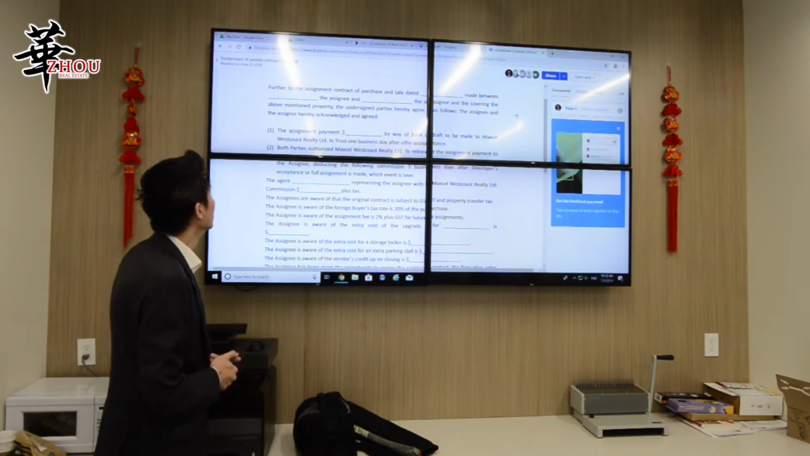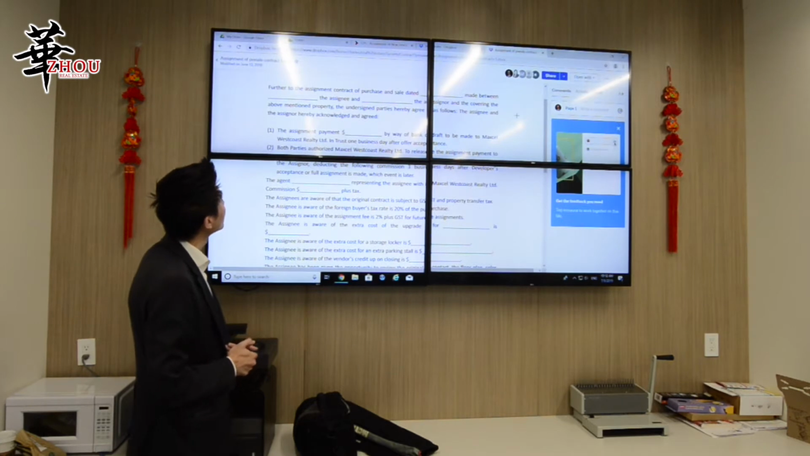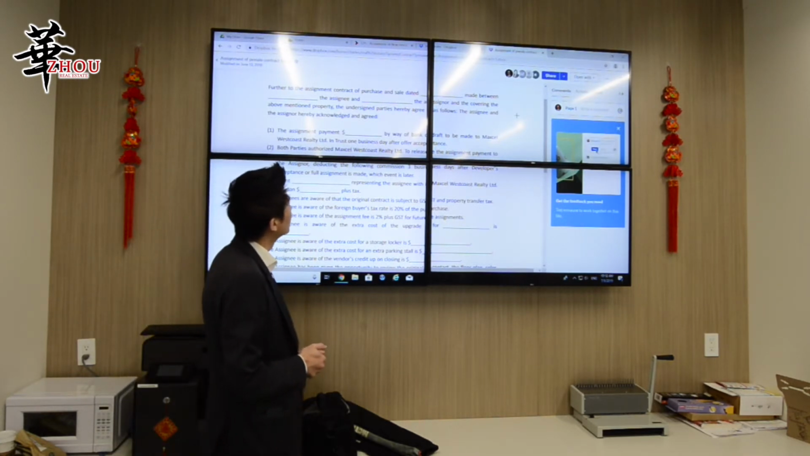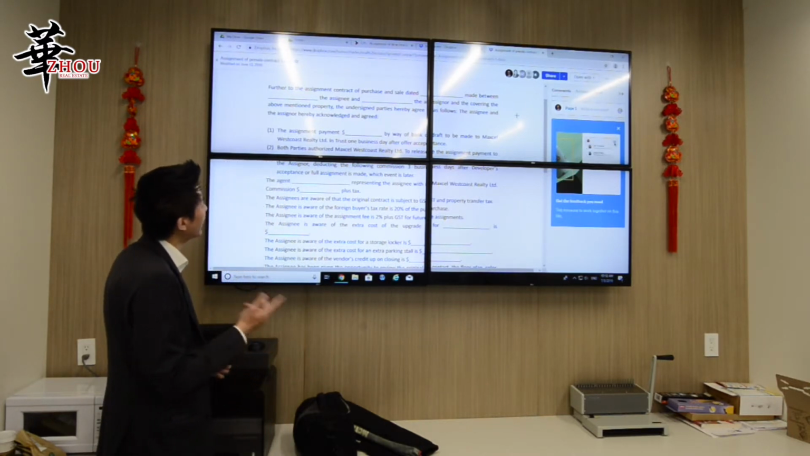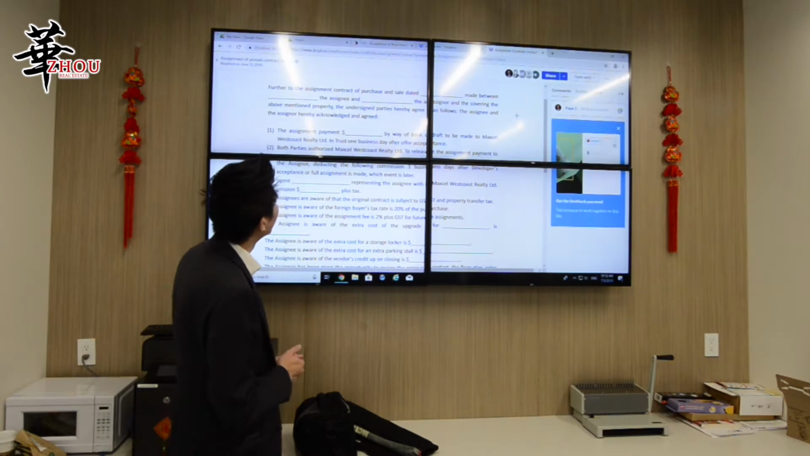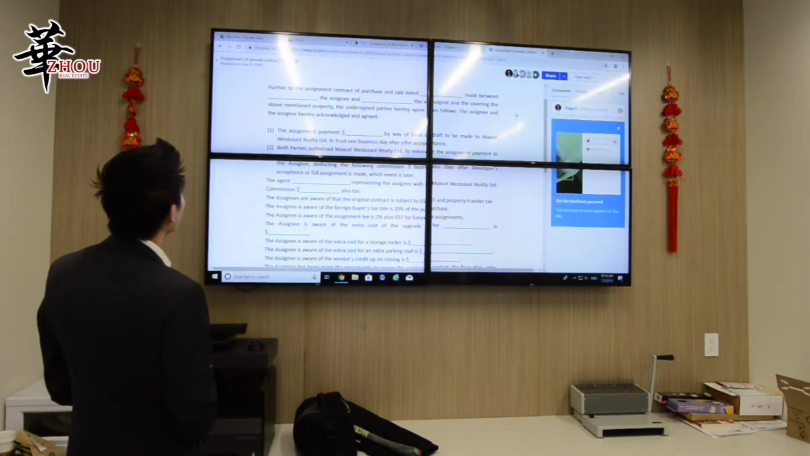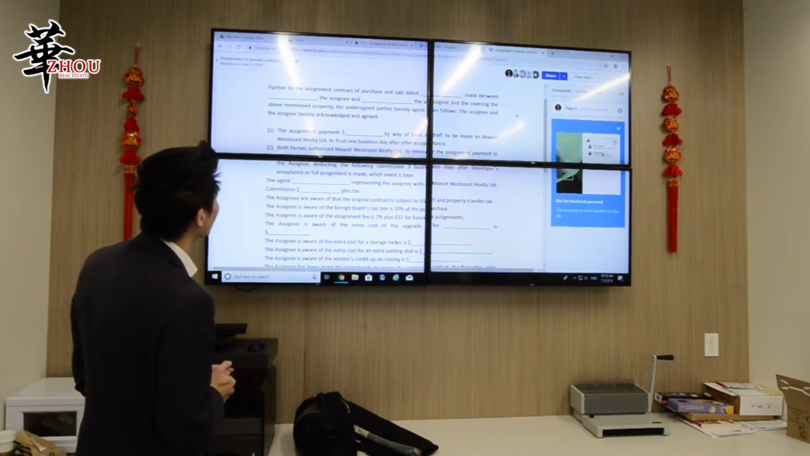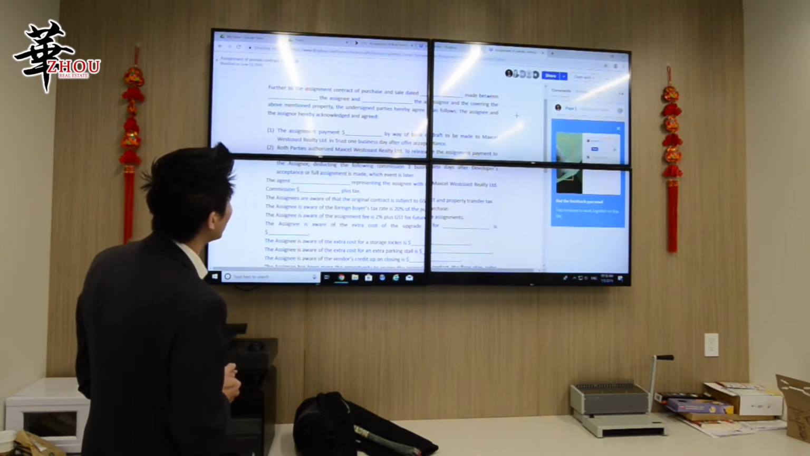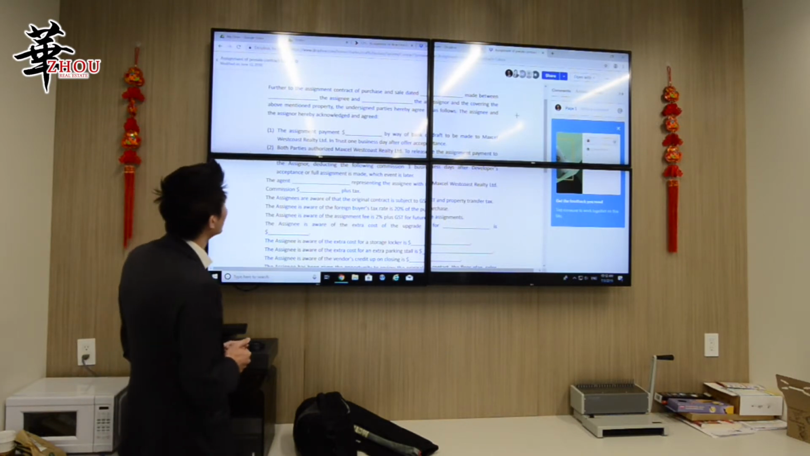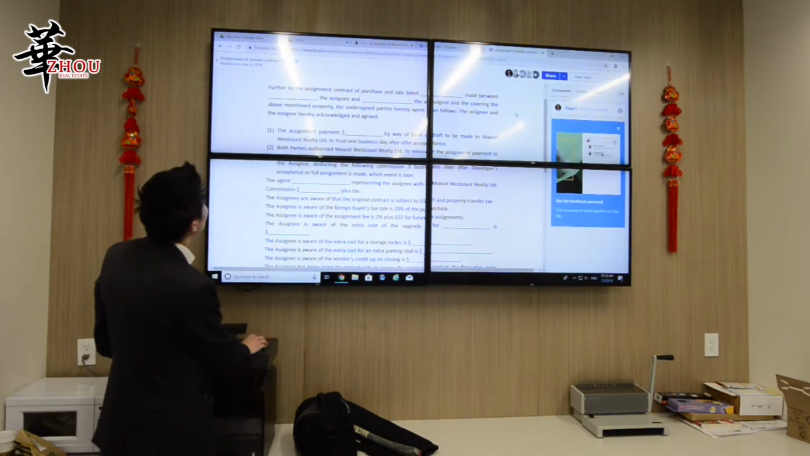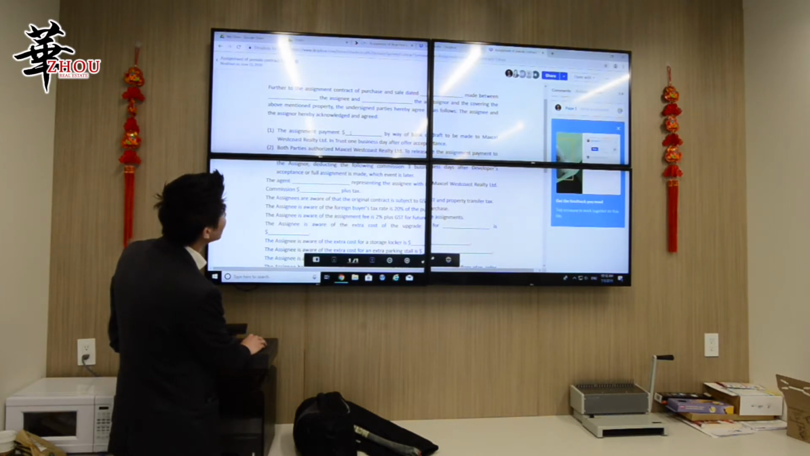Normally I put in, the first one says, further to the assignment contract purchase and sale dated so-and-so, made between A and B, assignee and assignor, and covering the above mentioned property, the undersigned parties hereby agree as follows: assignment. The assignee and the assignor hereby acknowledge and agree that the assignment payment amount